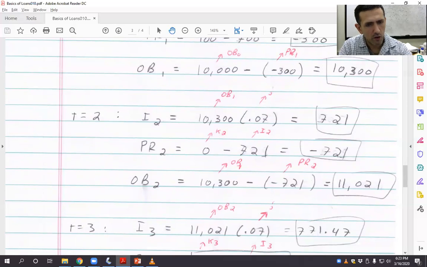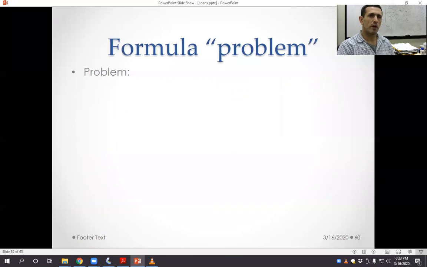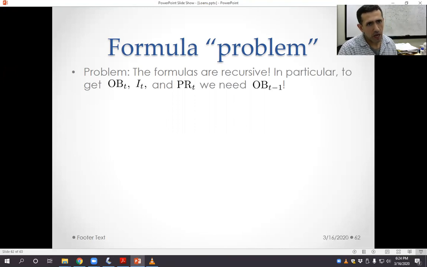So, yeah. Okay, one last thing before we end here. There's a problem with our formulas, and that is they're recursive. I don't know if that's really a problem, but it makes it kind of a pain to utilize the formulas, particularly if you want to have amortization information, entries in your amortization table towards the end of the mortgage. Because towards the end of the mortgage, well, before I get to that,